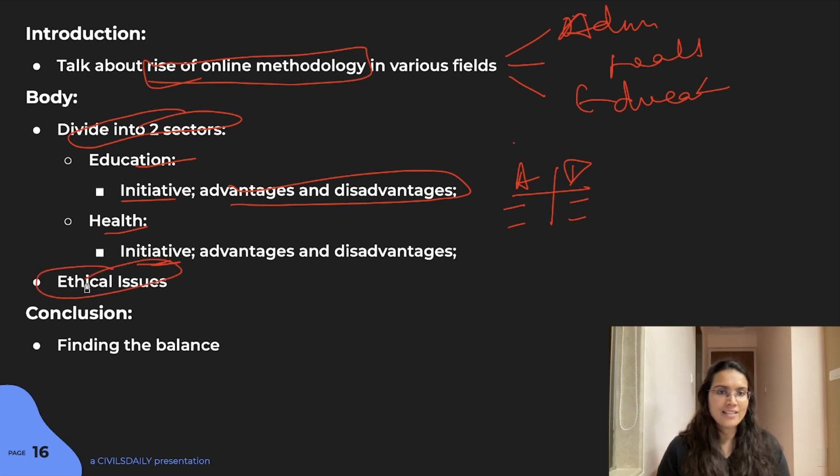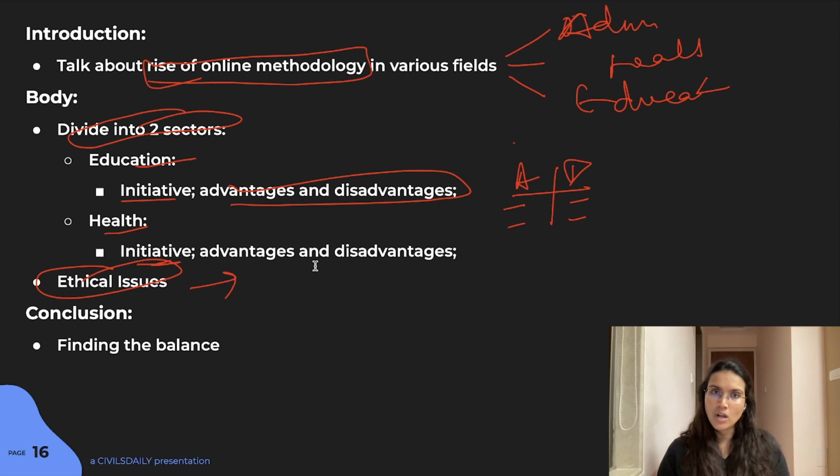Then you can shift to the accessibility issue. Now, in the accessibility issue with respect to the vulnerable section, you can talk about how do these people get those resources? Because again, there is the digital divide. Telemedicine, how do you get it in the forests of Jharkhand? Again, the awareness or the knowledge, that is lacking. A bigger issue, especially in the SC, ST community, especially the people who are isolated, or in the rural area, the urban and rural divide also.